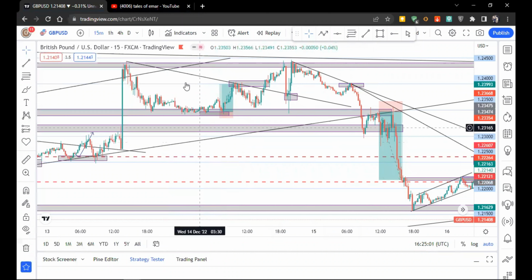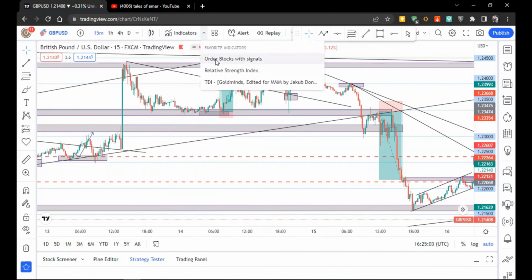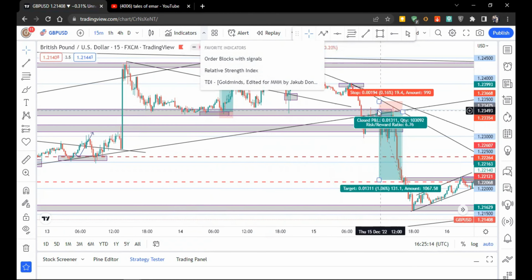We use order blocks with signals. We didn't study SMC a lot of that. So we just use order blocks with signals. So it gave us an M here. We started stacking from here, but when it gave us another nice touch of this trend line,